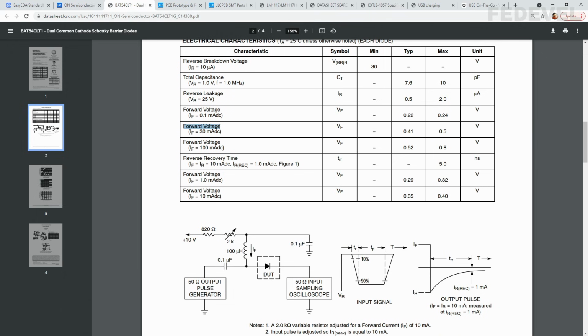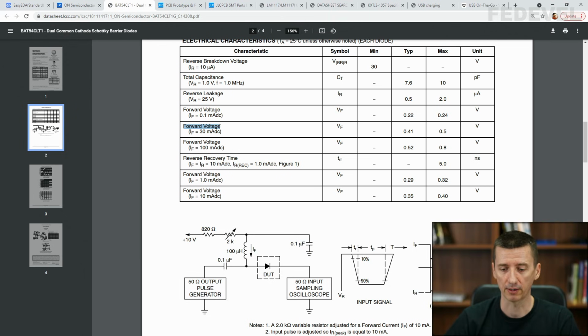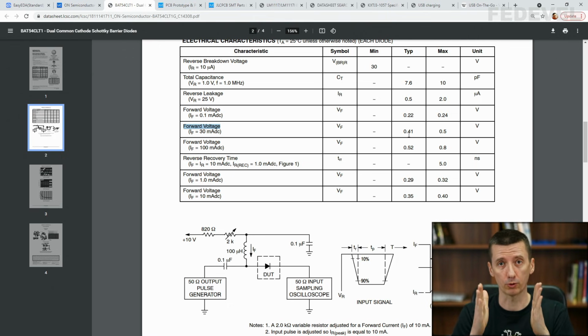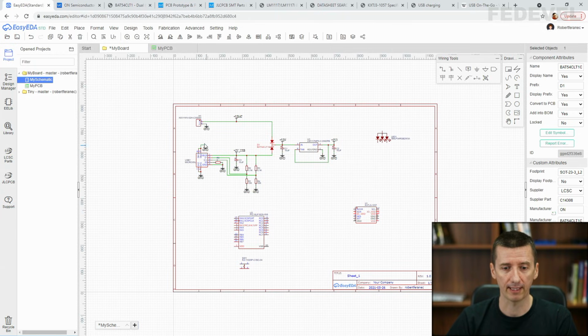And this forward voltage is very important because this is the voltage which you will lose across the diode. So even if we have 5 volts, for example, here on this USB connector, you are going to lose this forward voltage on this diode.